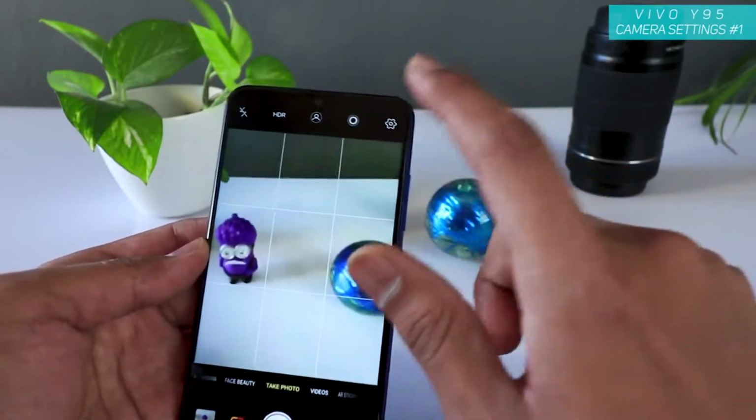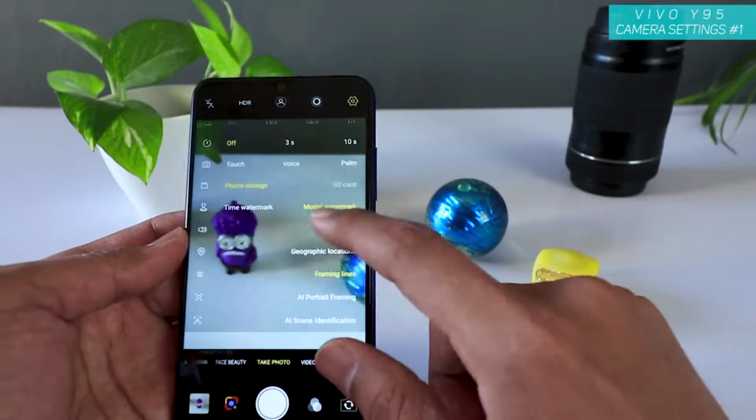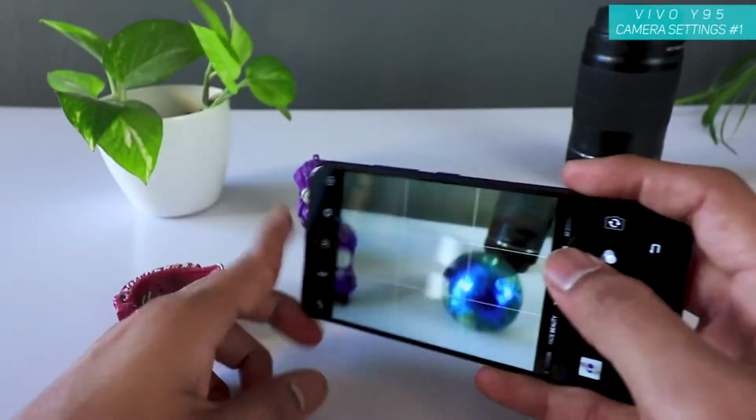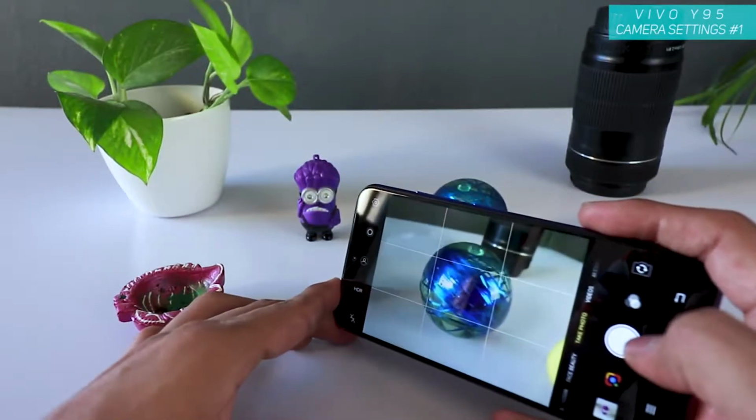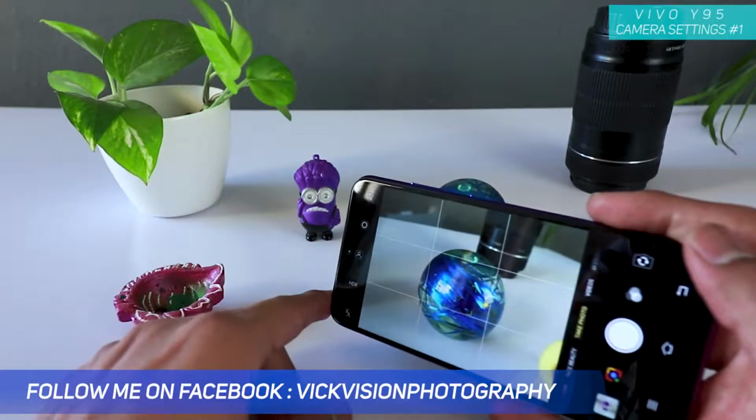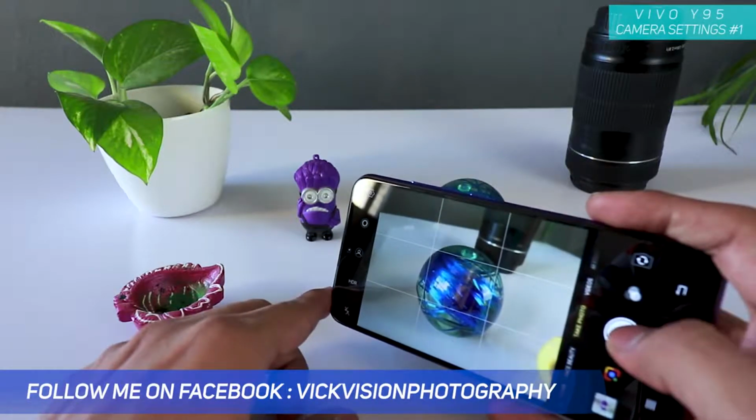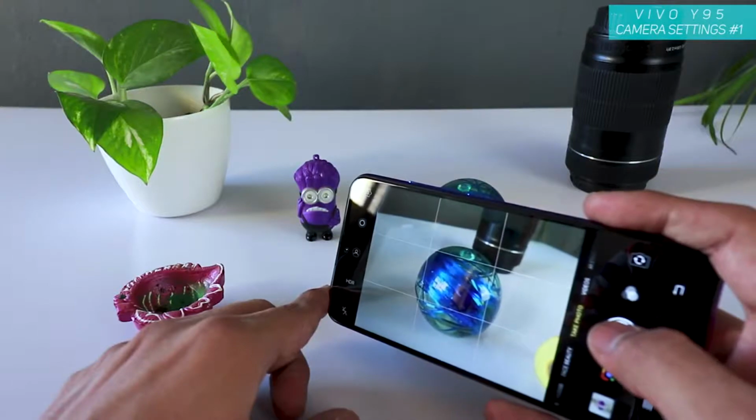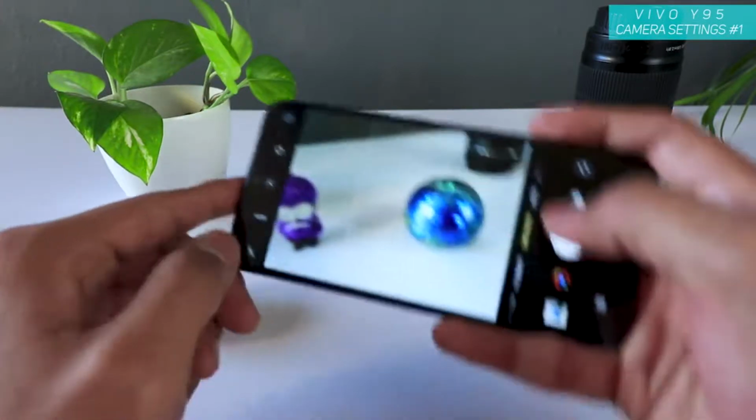So that's AI portrait framing. You can enable, you can disable. And the last one is AI scene identification, artificial intelligence scene identification. Let's see if this detects as a ball. So if I hold, it's not recognizing. Let's tap to focus, and I don't think it gives you suggestion about what the scene is, but anyways, just